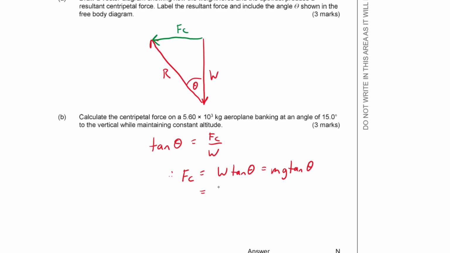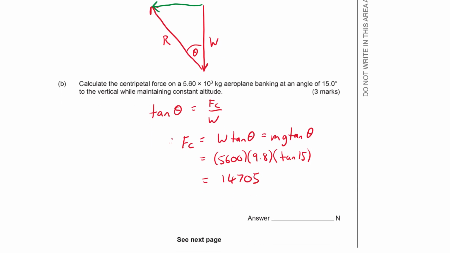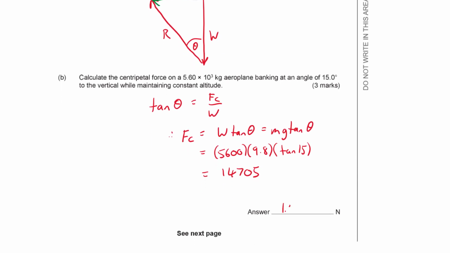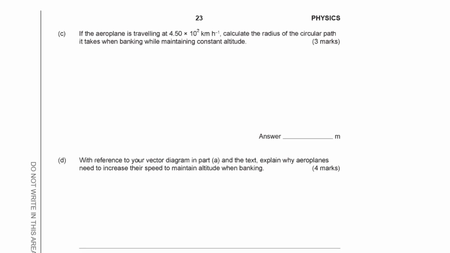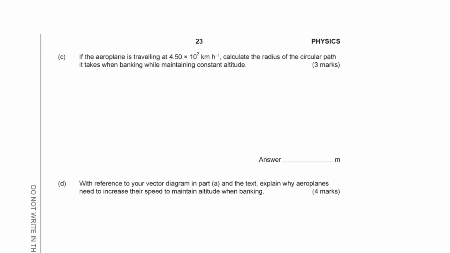Sub in those values, 15 degrees, and you get 14705. So your answer will be 1.47 times 10 to the 4 newtons. Okay. Now with part C, now that you know the centripetal force, it's giving you